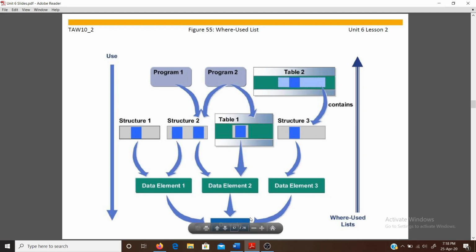Like this domain is accessed in data element 1, and this data element 1 is accessed in structure 1. Similarly, data element 3 is accessed in structure 3 and structure 3 is in table 2. So with the help of the where-used list, you can find out the information about a particular object.